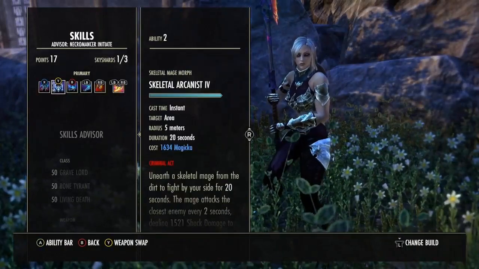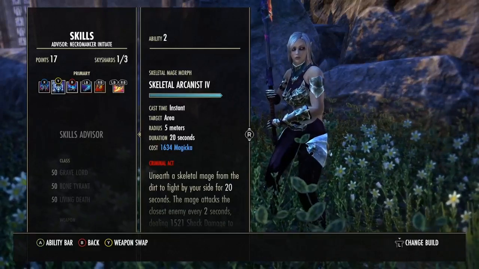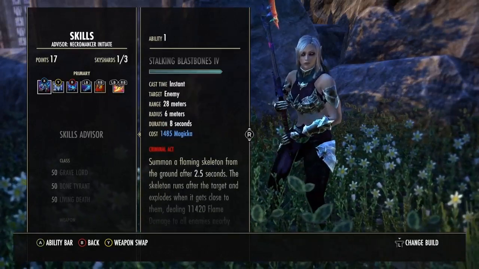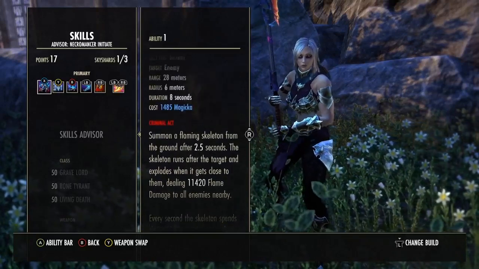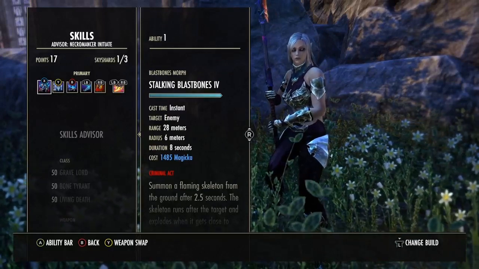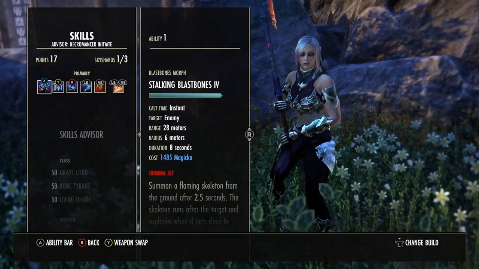and recapping really briefly: major prophecy, major brutality on the Arcanist or on the summon, the crit bonus on the siphons, and turning one of the Blast Bones morphs into a dot. And also, another thing that they didn't do that they probably should have done was